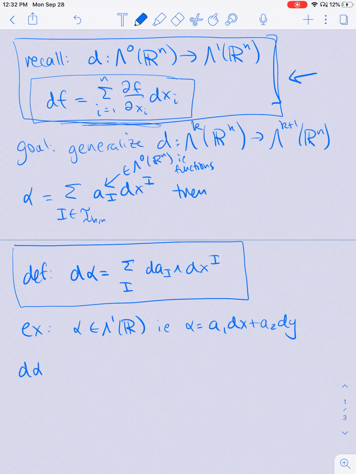D alpha is, so it should be the sum from i equals 1 to 2 of dA_i by dx times dx plus, sorry, because I didn't use indices on my coordinates, this will be a little confusing. So I'll just write it out. So it should be d of a1, the derivative of a1 in terms of x times dx plus the derivative of